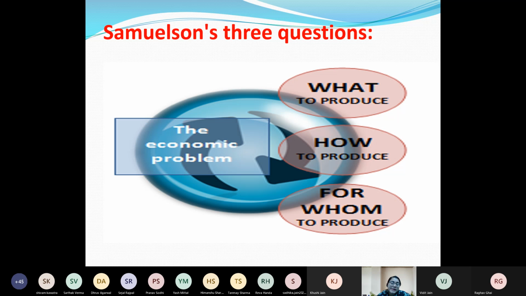So for example, in a capitalist economy, एक example देते हैं, whether a producer needs to produce machines, or computers, or food. एग्रीकल्चर प्रोडक्ट बनाना चाहिए या टेक्नोलॉजी रिलेटेड प्रोडक्ट बनाना चाहिए, right? This is an economic problem and business decision making, what to produce, whether a capital intensive product or